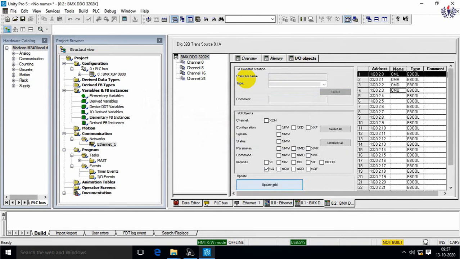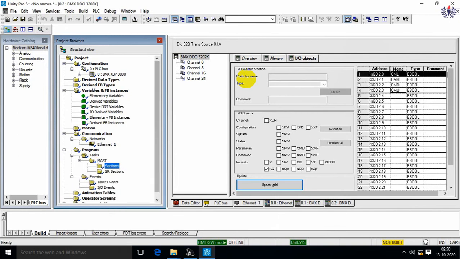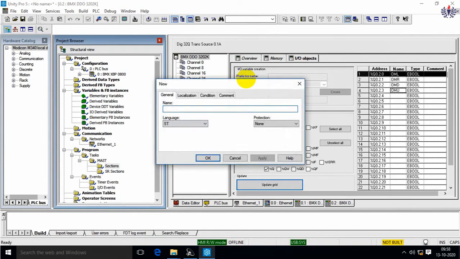Okay. So in the SFC diagram, I am going to reduce the steps. Previously it was around 15 steps for the same application. Now I am going to reduce it to less than 7 steps. Okay, so how to do that? I'm trying to do that by means of the master's new section. I'm going to name it as application 3, APP 3.